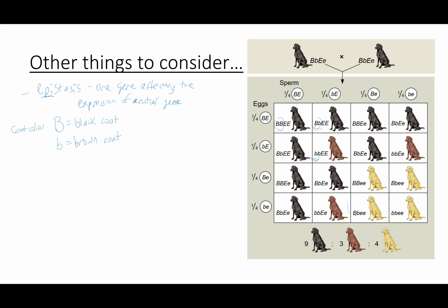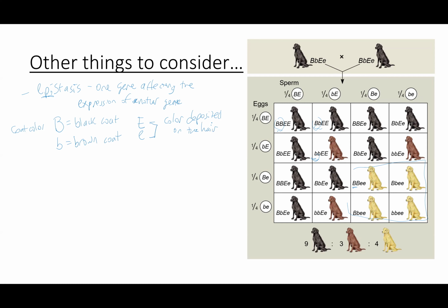That makes sense. But then we get to these golden labs down here, and something weird is going on, because this one has two big B's, but it's golden. It doesn't have that black phenotype. It's golden because we've got the other gene, the big E and the little e gene. These two together affect how the color is deposited, how those pigments are actually deposited on the hair